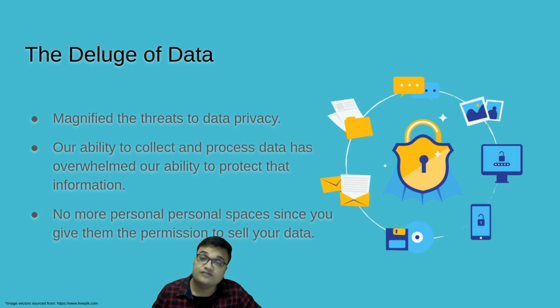Because a host of convenient smart devices now continuously gather data, process, and send data to make our lives more convenient, they have also magnified the threats to privacy. Our ability to collect and process data has overwhelmed our ability to protect that information. Our smartphones, fitness trackers, smart TVs, and all other kinds of smart appliances generate a massive amount of sensitive information, from browsing habits to purchasing patterns to real time location to personal health information. It's no longer just about our photos and emails, but also our heart rate, respiration rate, location, how we slept,